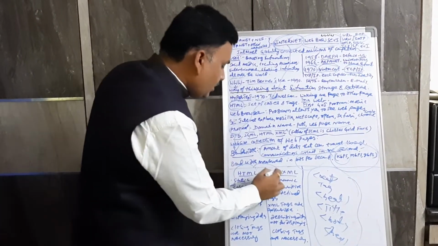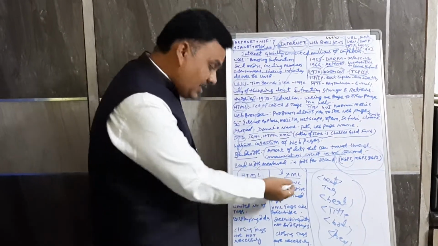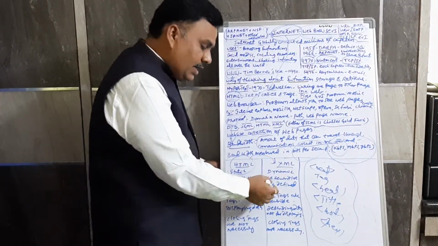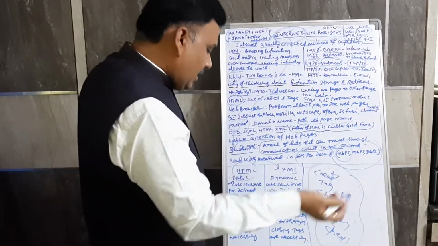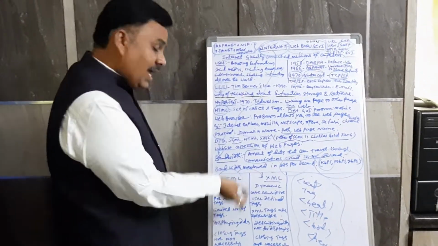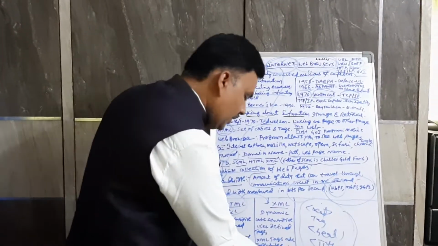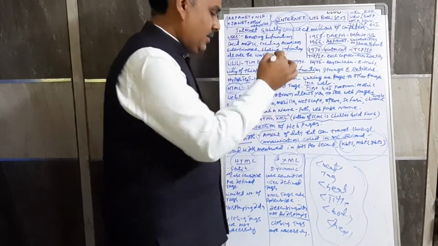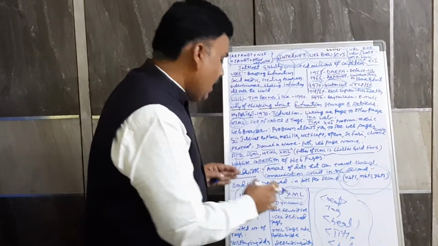If you see the advanced concept in XML, XML is a dynamic one, and it is case sensitive. HTML is not case sensitive, but XML is case sensitive. User-defined tags are available in XML. XML tags are extensible and we can extend the tags in XML, whereas in HTML we cannot extend. XML is for describing the data, not for displaying. Closing tags are very essential in XML. This is the major difference between HTML and XML.